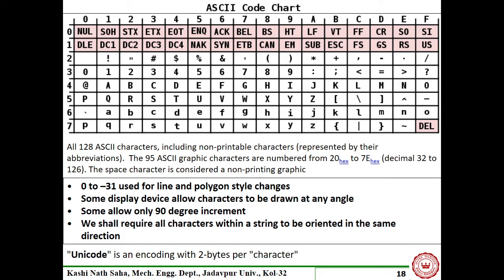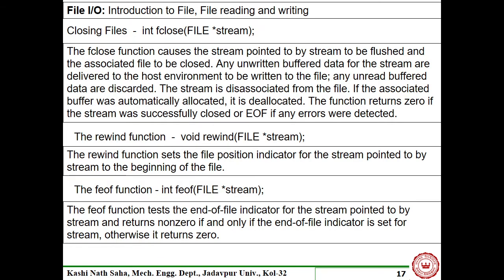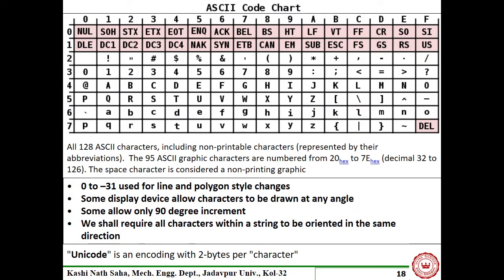What I mean to say is that whatever stream we are using, in file operation, we are using a concept of stream, and this stream can be integer type, real type, double type, character type, string type, whatever. But ultimately, they are in binary form. Clear? So that from binary to a character code, there is a mapping. So that mapping, historically, is known as ASCII. This stands for American Standard Code for Information Interchange.